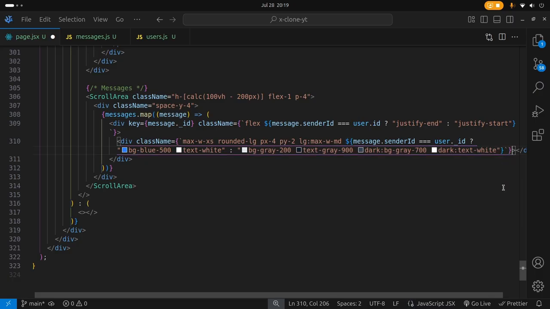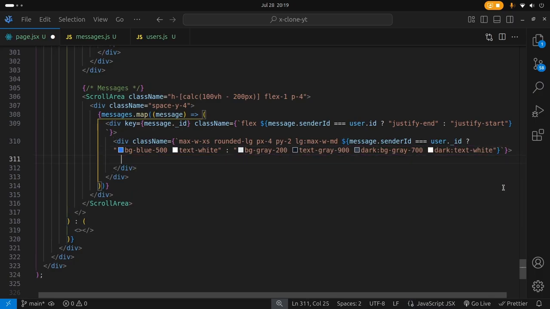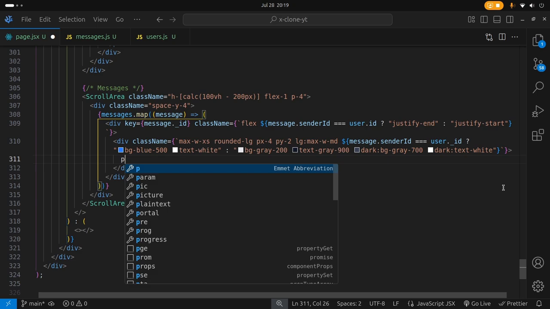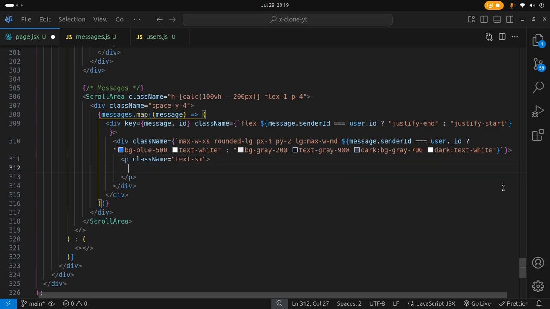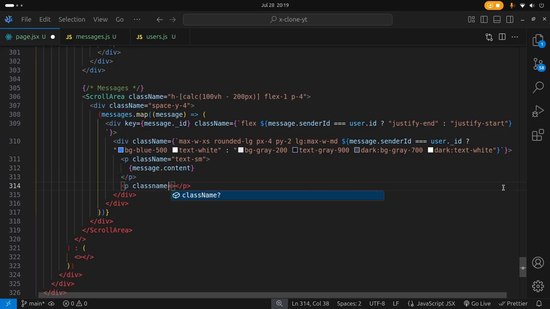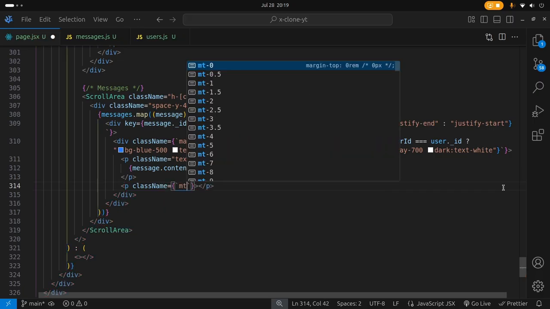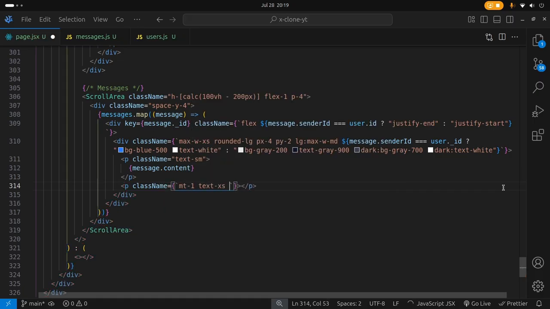And then inside this div, we're going to open that up. We're going to have a paragraph with a className of text-sm, where we're going to pass in the message.content. And then below this paragraph, we're going to have another paragraph with some dynamic class names. So className, open this up. We want to say mt-1, text-xs, and then dollar curly bracket. We want to check for the